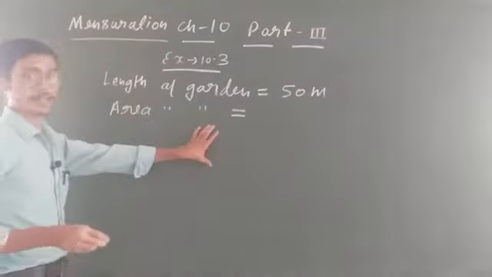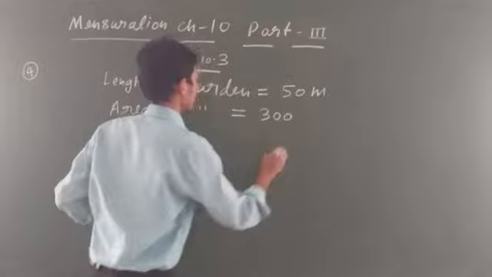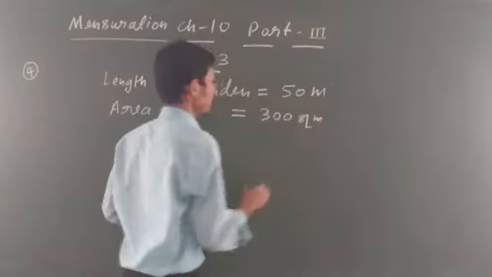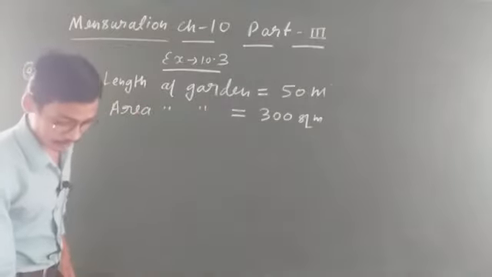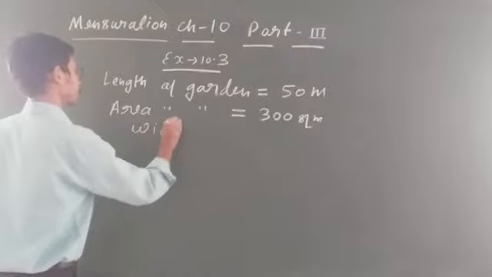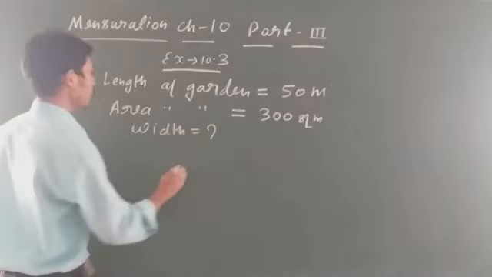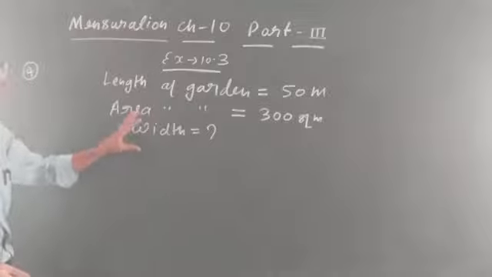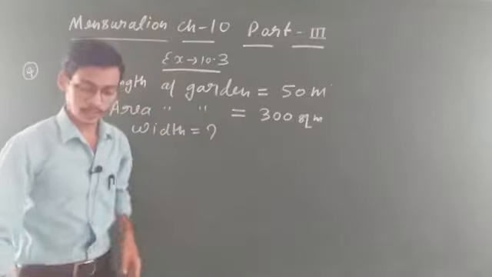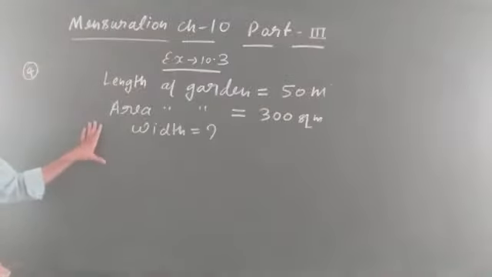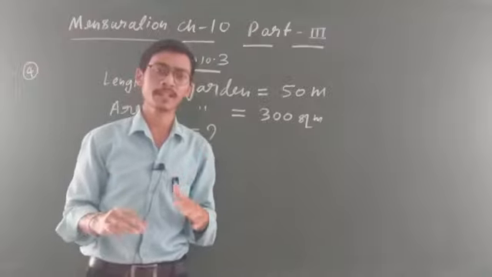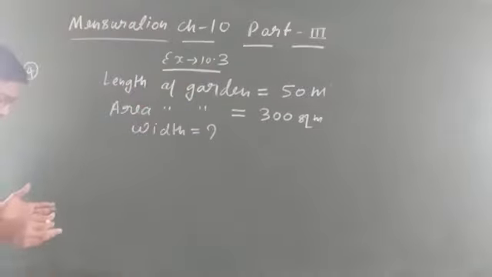So area of the garden is given what? 300 square meter, यानी 300 meter square. Both are the same. This is given, na? Okay. Find the width of the garden. Find what? Width. Students, why am I writing step by step? For this you find out what information is given and what you have to find out. So you have to write it this way. Now what do you have to find out? Width. Width means breadth. Breadth and width are the same thing. Is it clear? Okay.